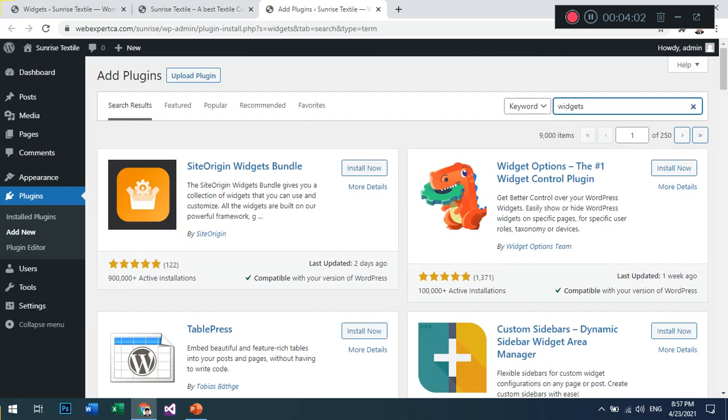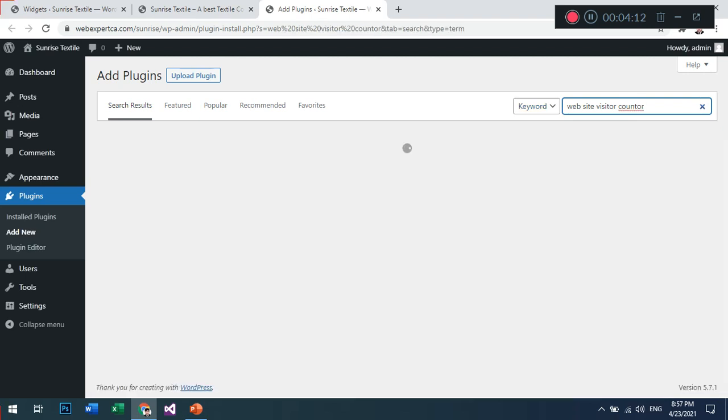We need a website visitor counter. We are searching for the plugin.